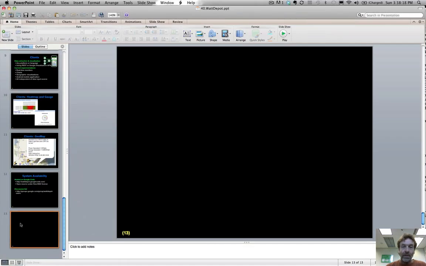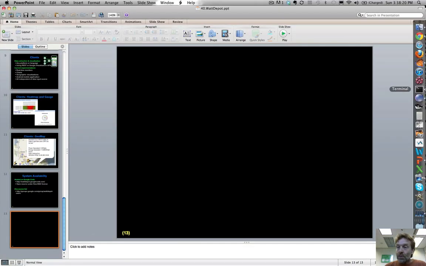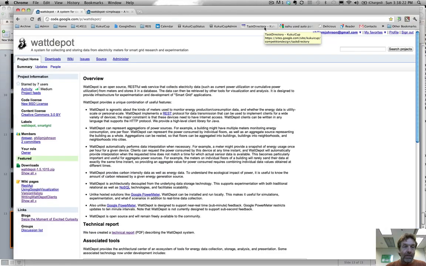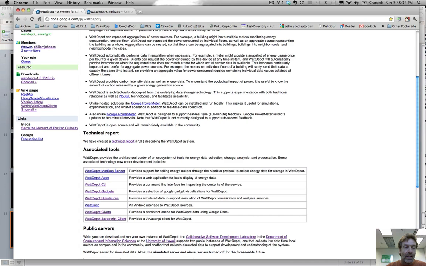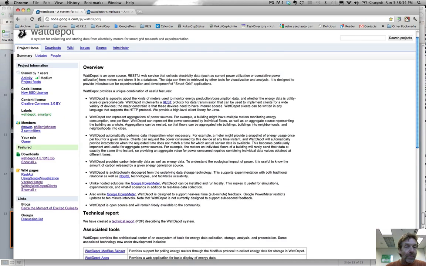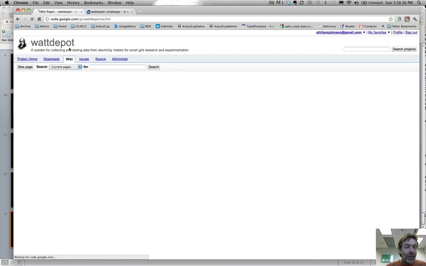So that is the brief overview of what WattDepot is, and what I want to next do is go to the actual site itself. Okay, so here we are at WattDepot. I put it in the readings. I want you to read kind of this overview section to get a sense for what WattDepot's for. It goes over some of the information that was provided, and then on the wiki page,